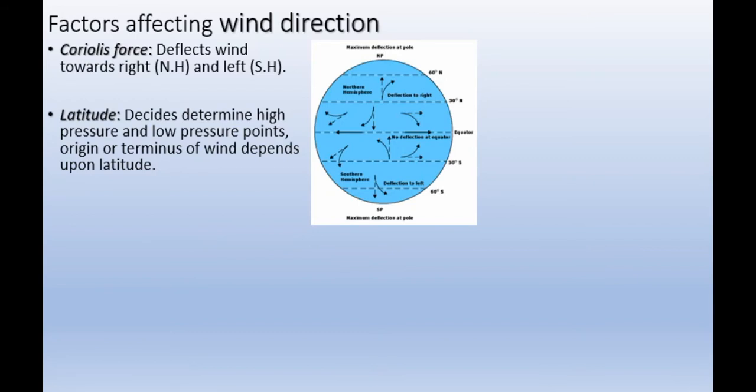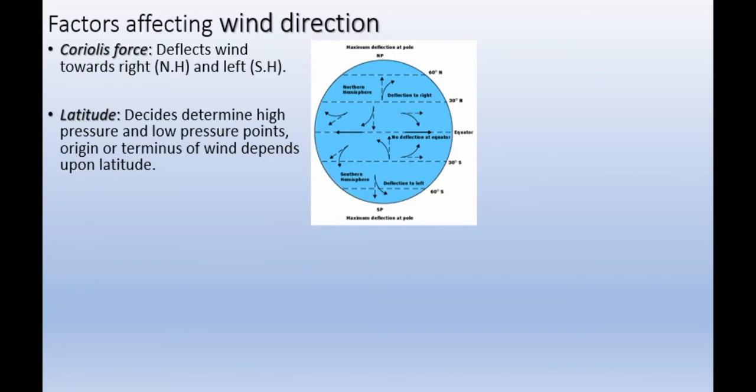Then other local winds like Loo, Foehn, Chinook, Sirocco, Sunda and so on. Then cold winds we can also see, Mistral, Blizzard, Bora. These are some other examples of cold and hot local winds.